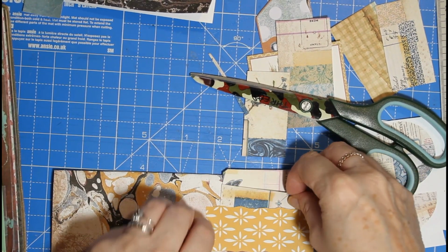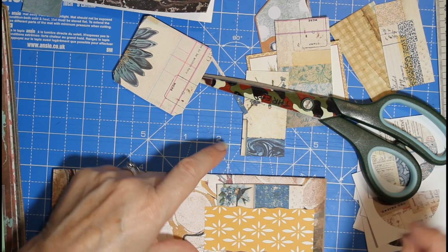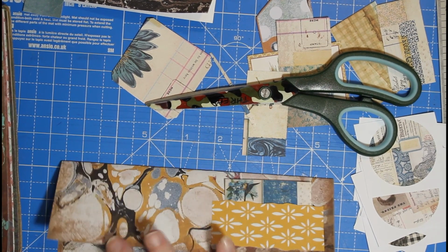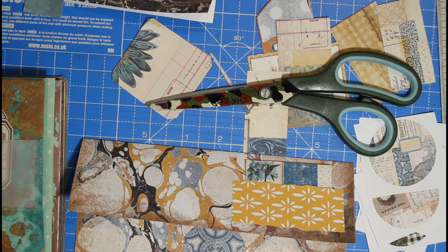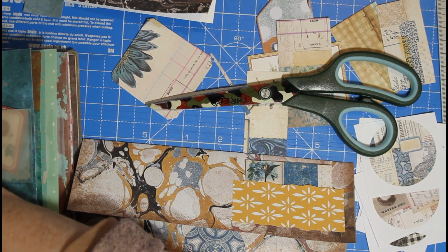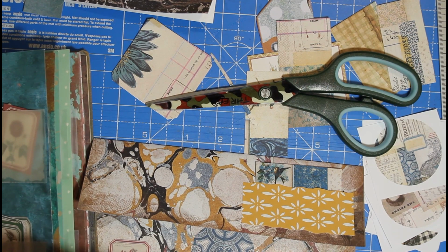That's nice. I'm going to take that out, change my mind. I'm going to put that little bird in there. Yeah, I like that. That goes in there. And then over here, so let me have a look at my Tracie, see what I've got in the reds, because we've got some red, haven't we? I think that'd be nice there. Let's see if there's something that can...